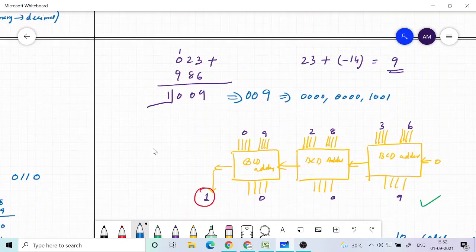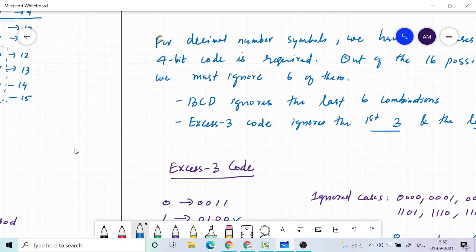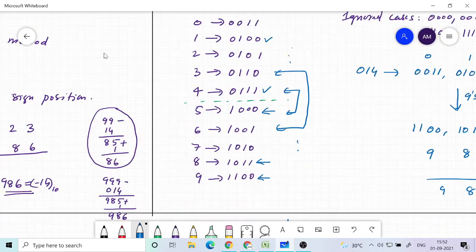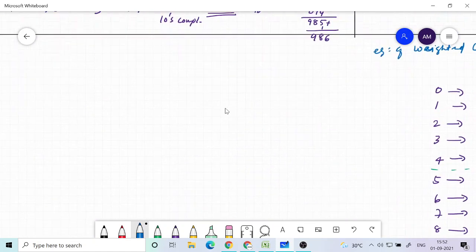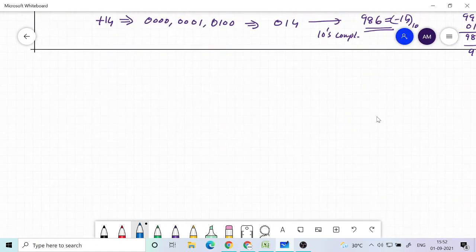Similarly you can discuss 4 cases, just like I have discussed, but here it is a little bit more subtle. So let me tell you, taking an example. Overflow in BCD addition.